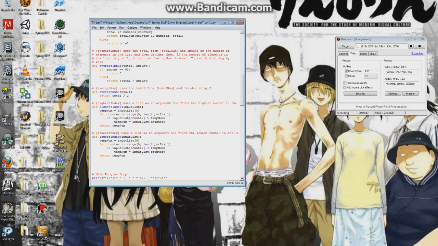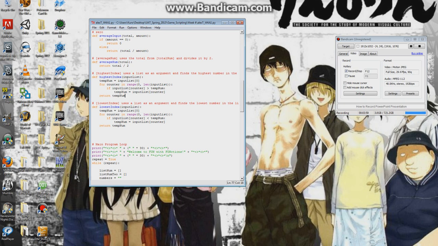And then the average of the numbers, which would be like the median or the center of the data field or whatever, is very simple as well. It shouldn't have even needed a function, but I did anyway. And then I wanted to make like the lowest and the highest. I couldn't remember if there was built-in functions for that purpose, but